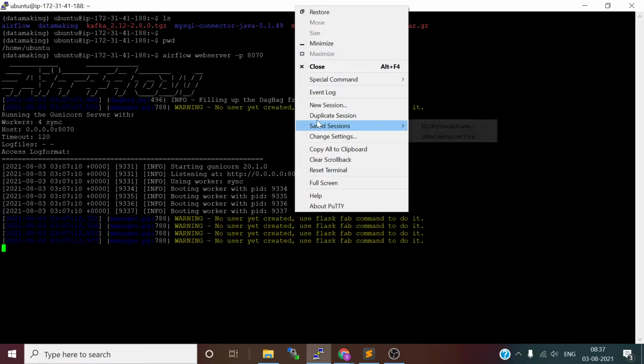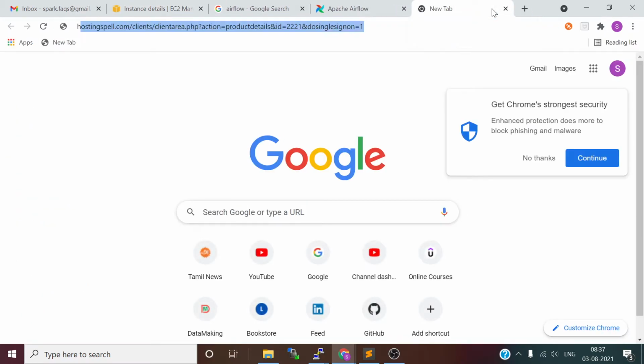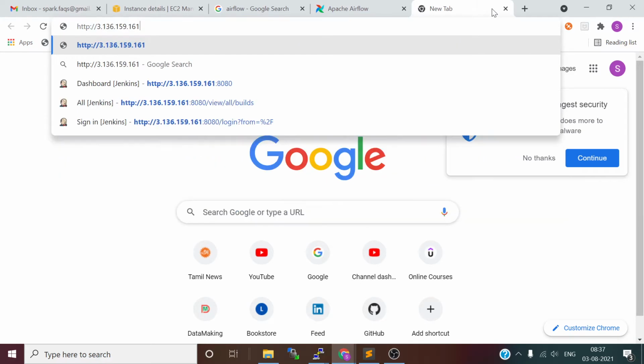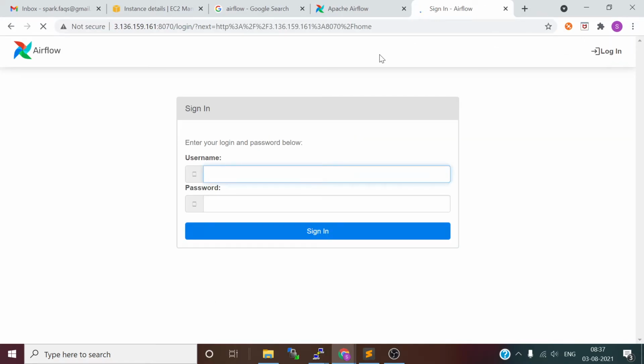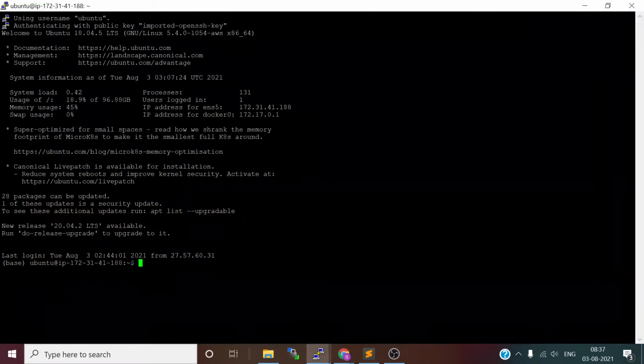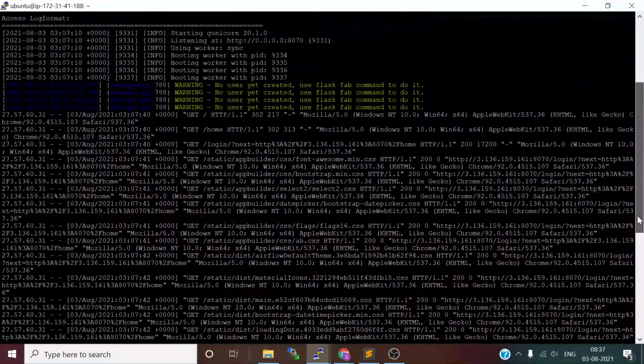Let me open one more terminal. Take the IP address and port 8070, which we are going to access, http://IP:8070. The Airflow dashboard is launching.